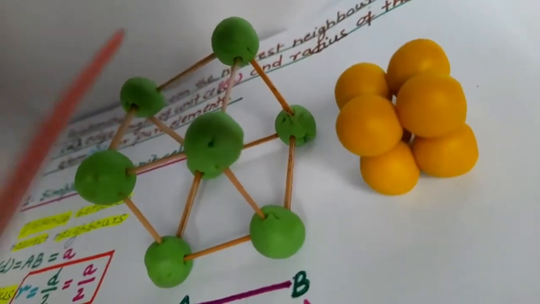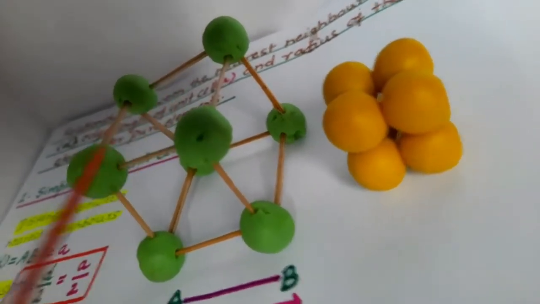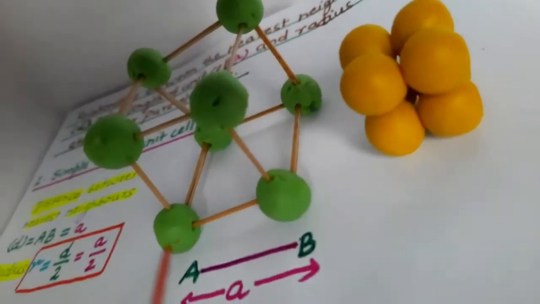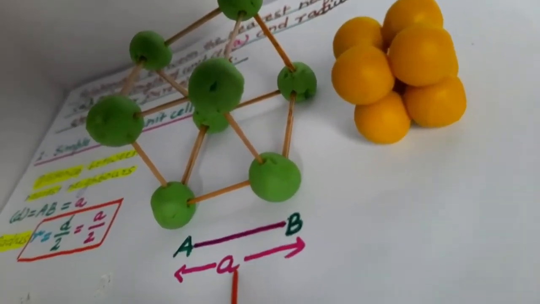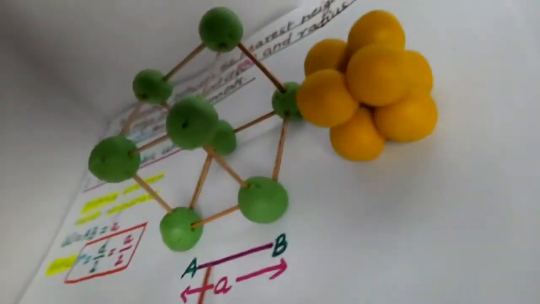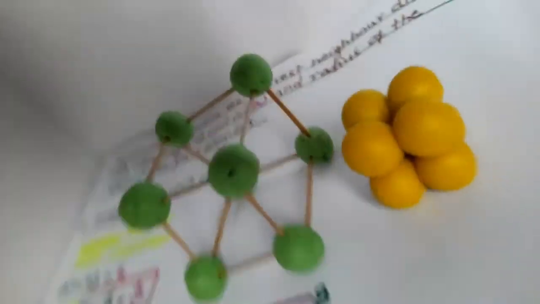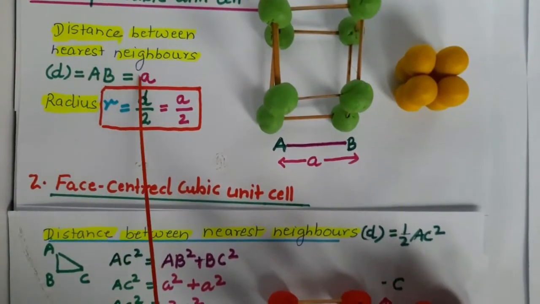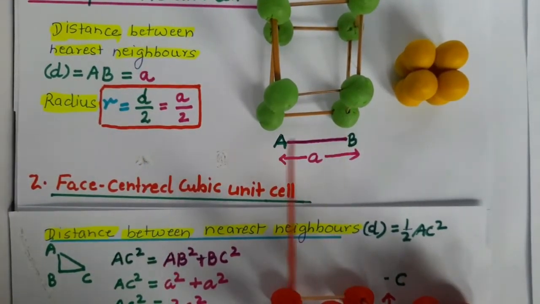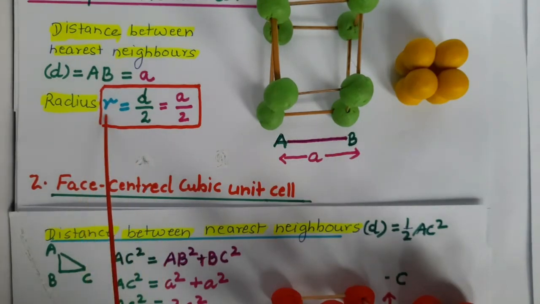This is the unit cell where atoms are placed at the corners of the unit cell, and the distance between the two atoms, that is AB, is equal to A. Here A represents the edge length. Now let us have the view of the unit cell. So the distance between the nearest neighbor D will be equal to AB, which is equal to A, that is nothing but the edge length,